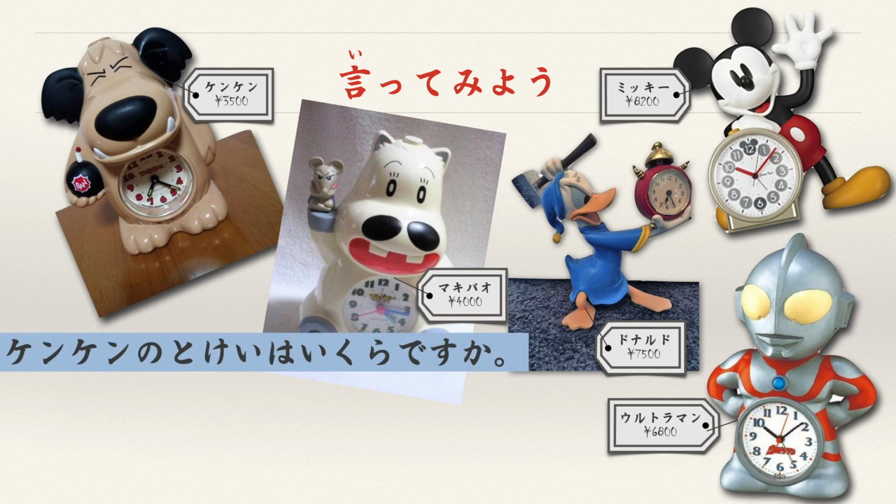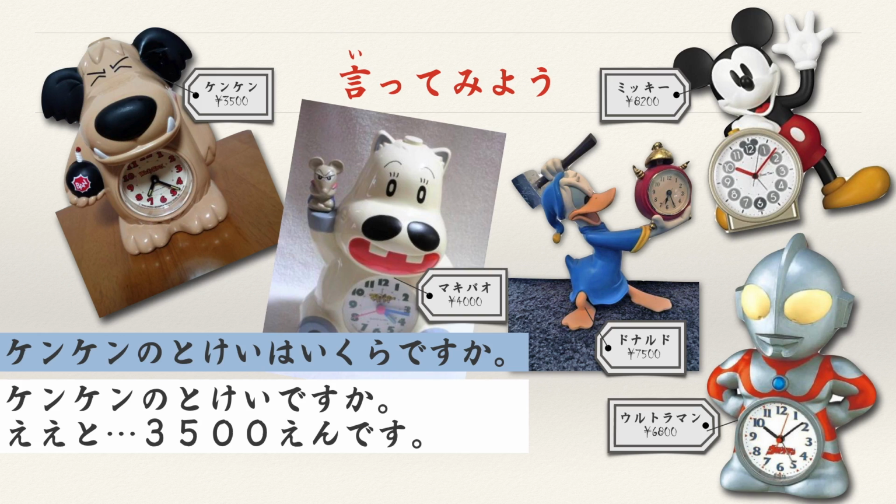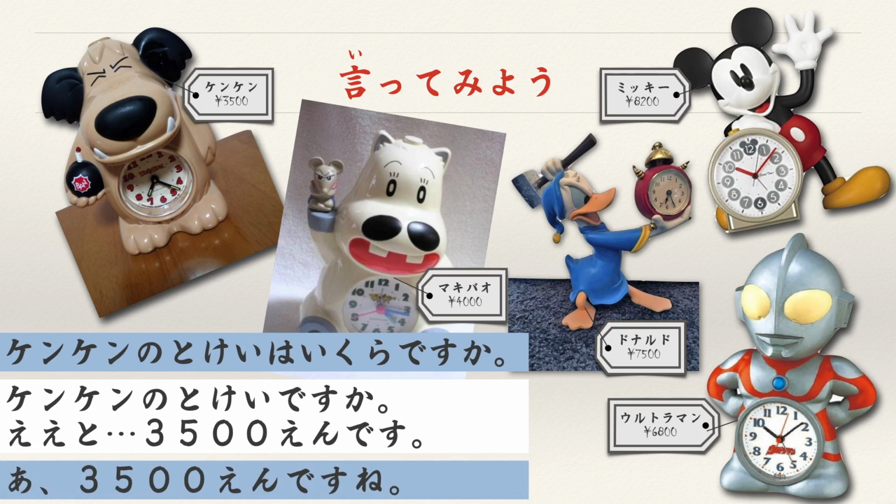ケンケンの時計はいくらですか？ ケンケンの時計ですか？3500円です。 あ、3500円ですね。